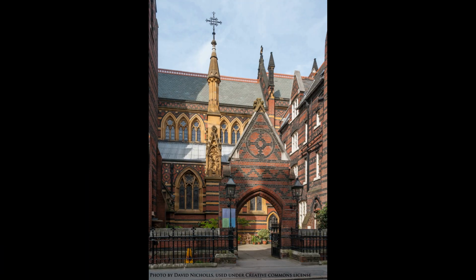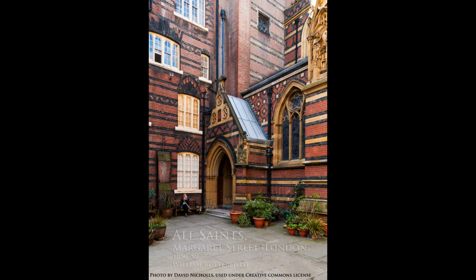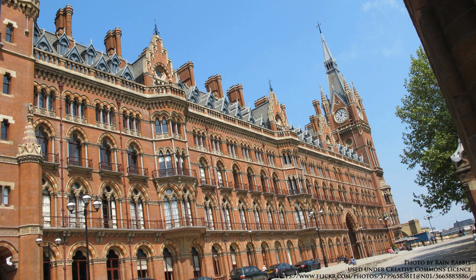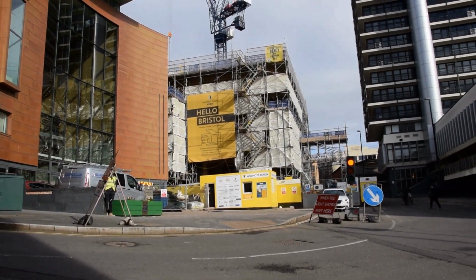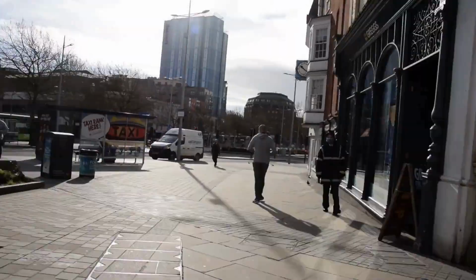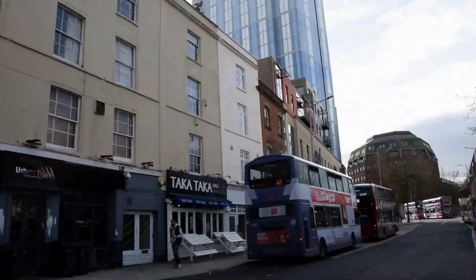Polychromatic brick was by now a well-established design trend in Victorian England, popularised by critics like the aforementioned John Ruskin and architects like William Butterfield and his All Saints Margaret Street. It had been and would continue to be a popular choice in Gothic revival generally, including icons such as the aforementioned St Pancras Hotel. In Bristol, however, this decoratively multicoloured brickwork would be combined with the previously somewhat subtle Byzantine,